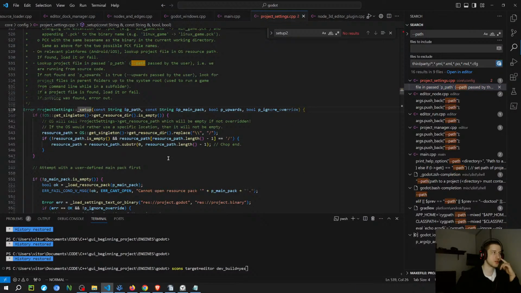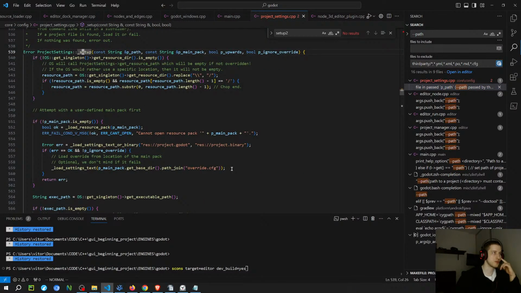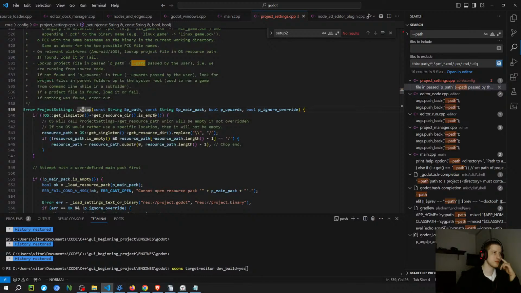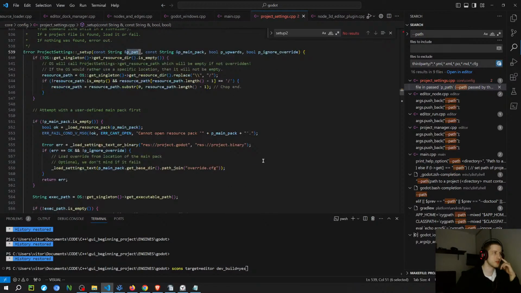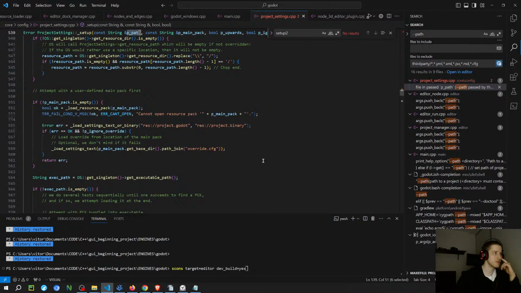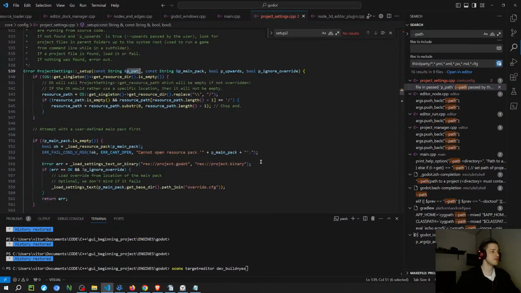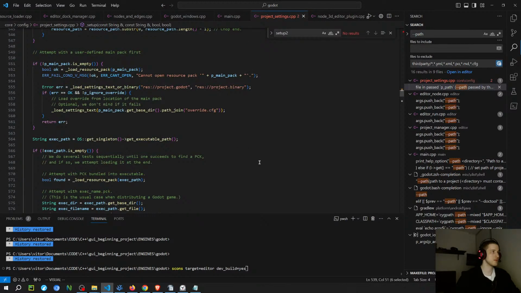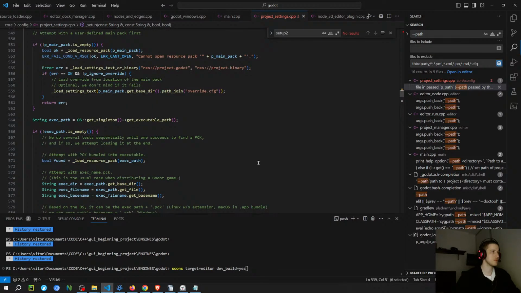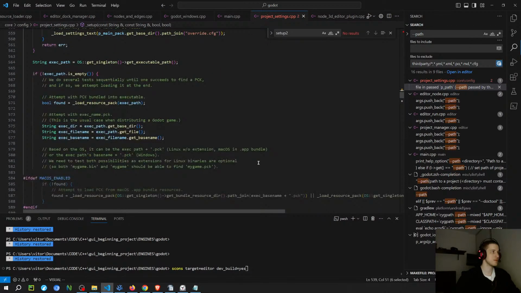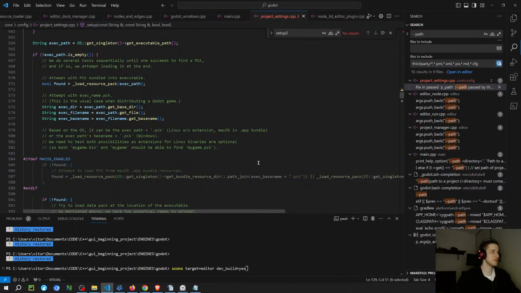And it's gonna be on this function that uses the path. And this is gonna be the path of the project. So if I do it like this, then I think that